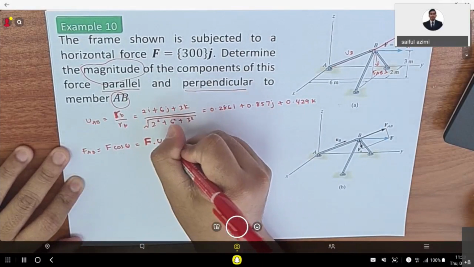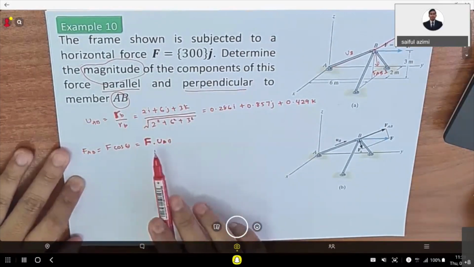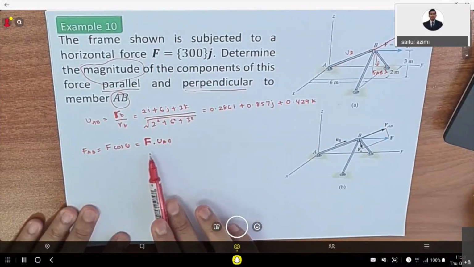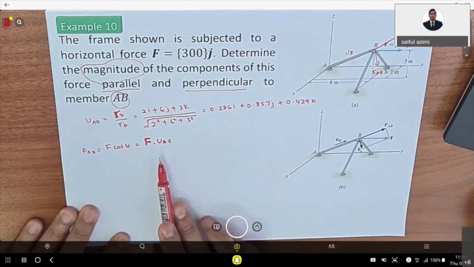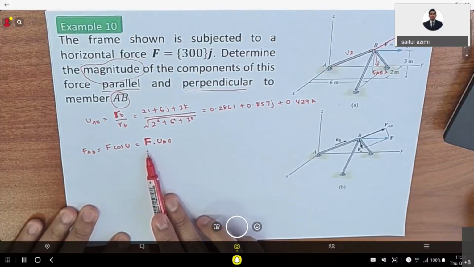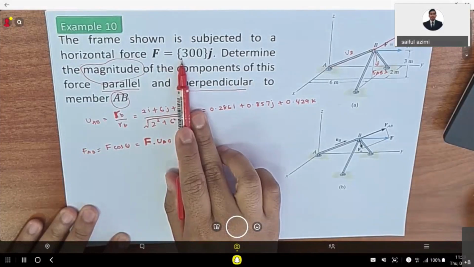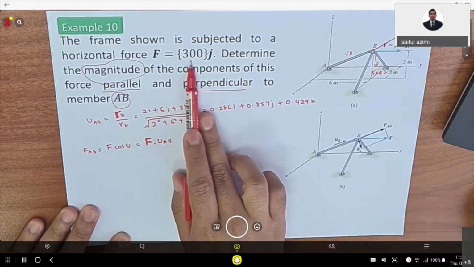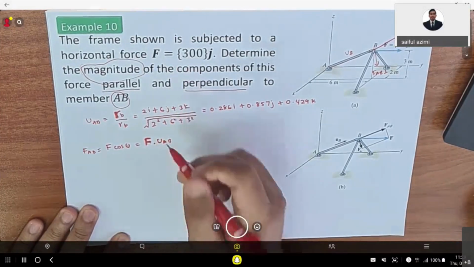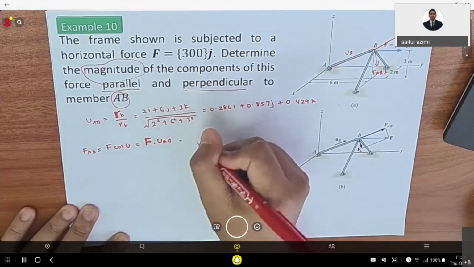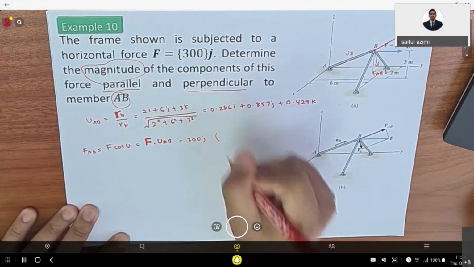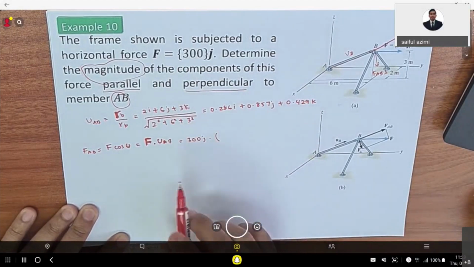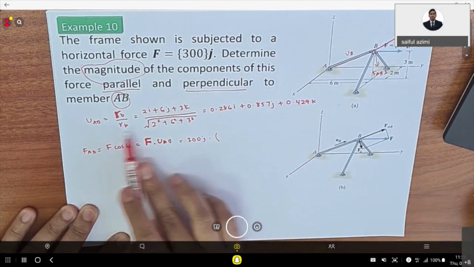So F here is the force here. It is already given, 300j dotted with UAB, which you already have here,